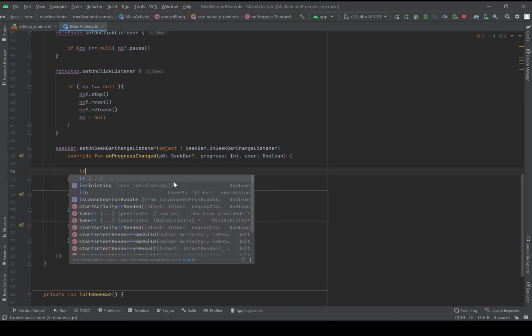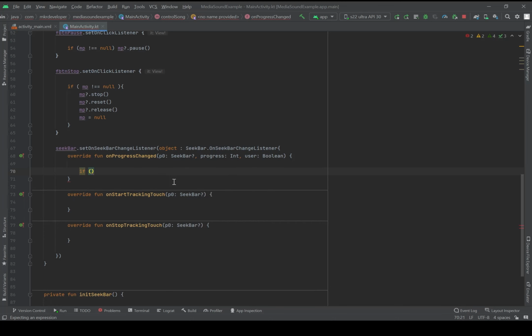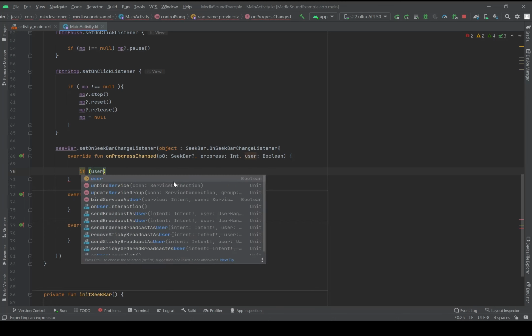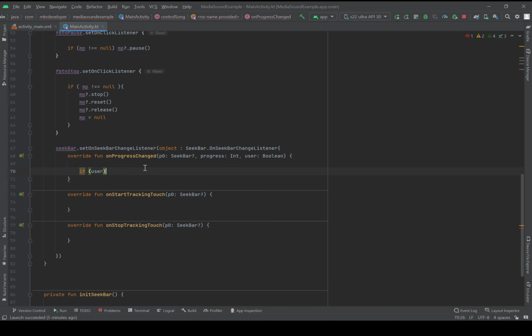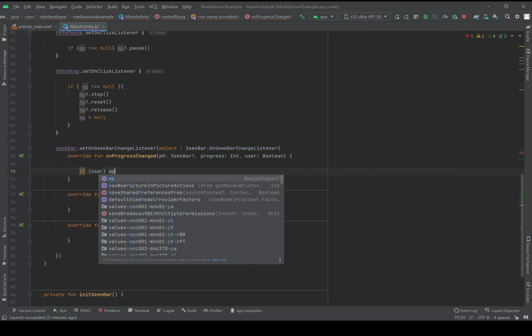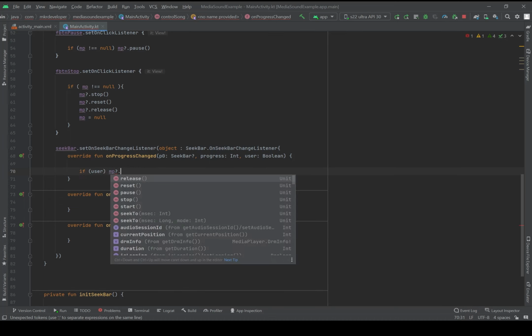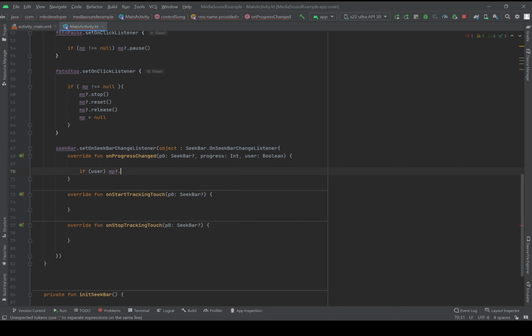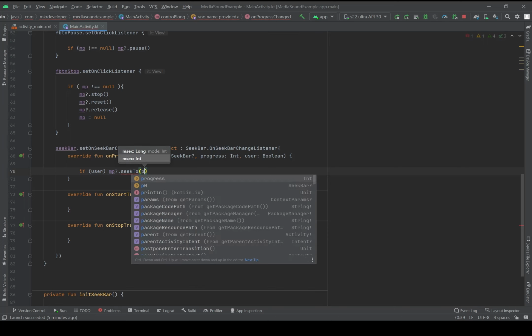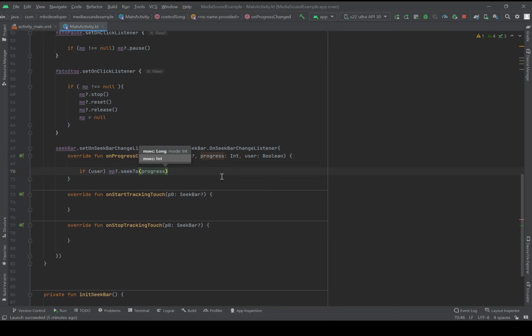So if user, which means if this variable, this boolean is true, our media player will be seek to this progress, this second. Okay,